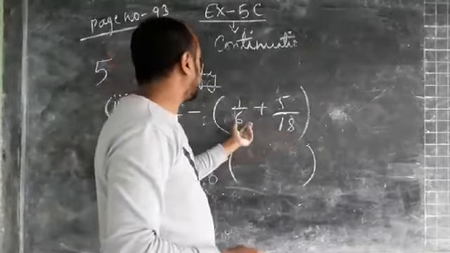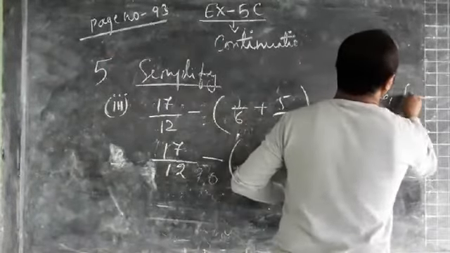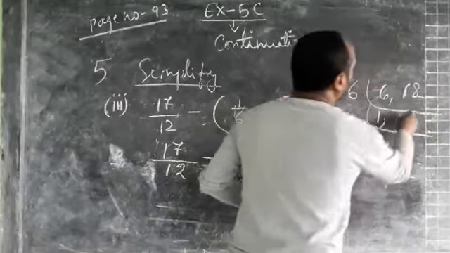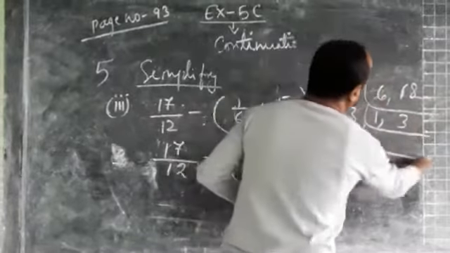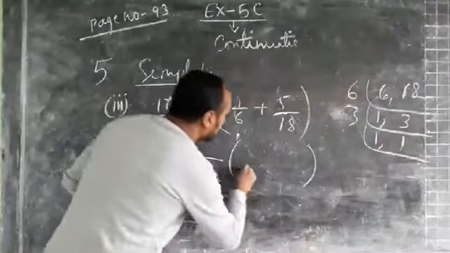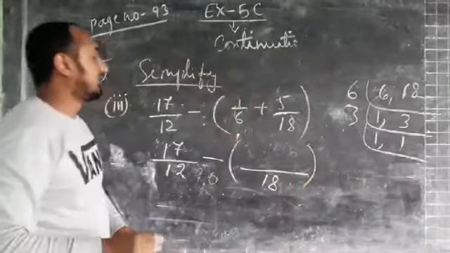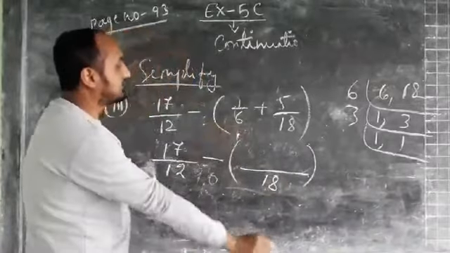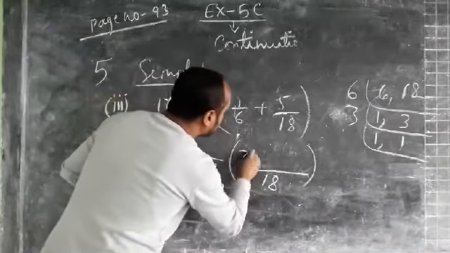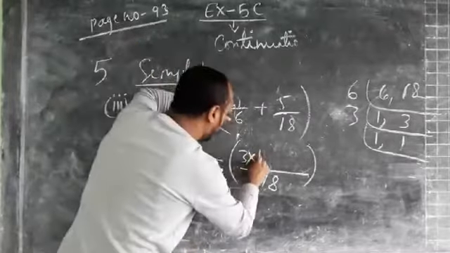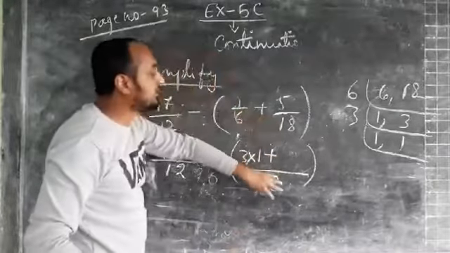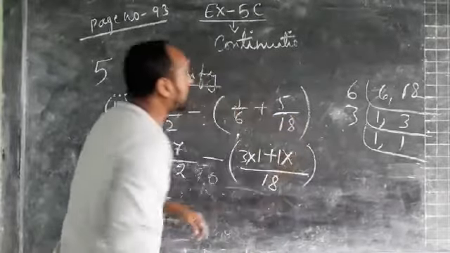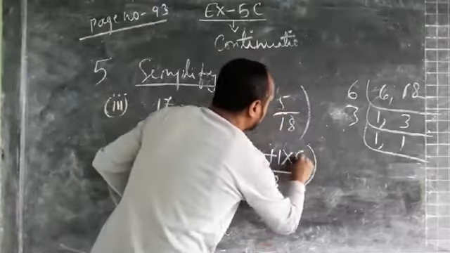So we'll take the LCM of this 6 and 18. Directly we will go by 6. 6 1s are 6. 6 3s are 18. So again by 3 we can do it. So LCM will be 18. Now we have to divide this 18 by 6. So when we divide this 18 by 6, it will go 3 times. 3 into, in the numerator we have 1 plus, here if we divide this 18 by 18, it will go 1 time. 18 1s are 18 into whatever we have in the numerator, we have to write it.